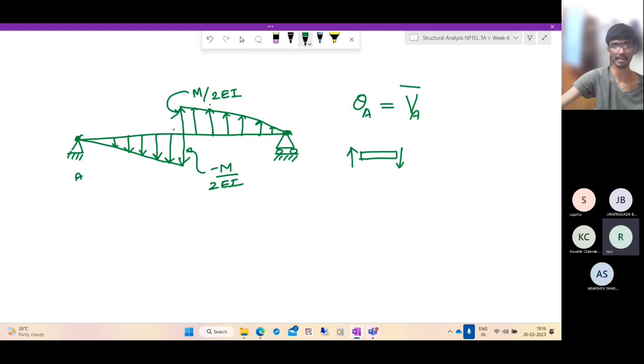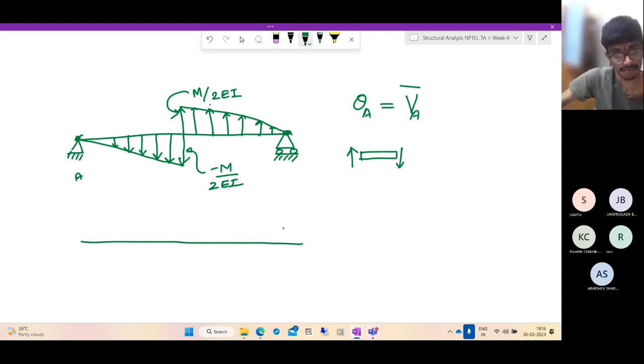In that case we get theta at the point A in the real beam, which is the shear force in the conjugate beam at the point A. Now how to compute the shear force? Shear force is nothing but the reaction. So better let's find out the reaction. For finding the reaction, you can always replace the loading system by a statically equivalent system. So what is a statically equivalent system for this? This is a triangular load distribution. What is the total force? It is half into